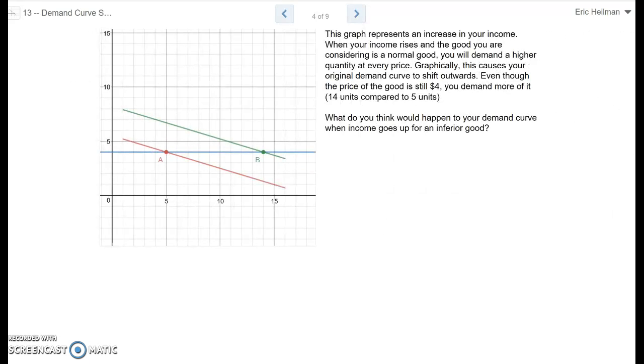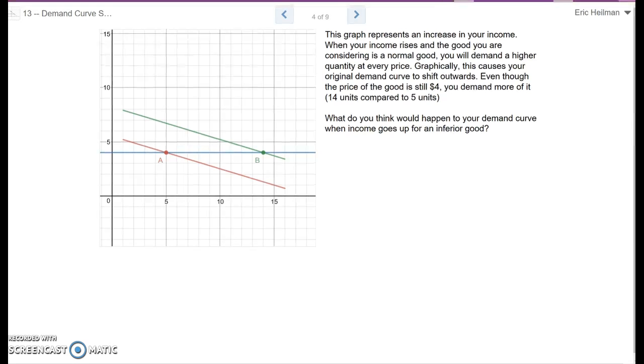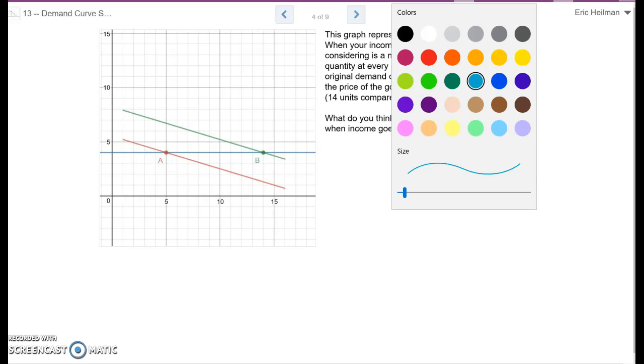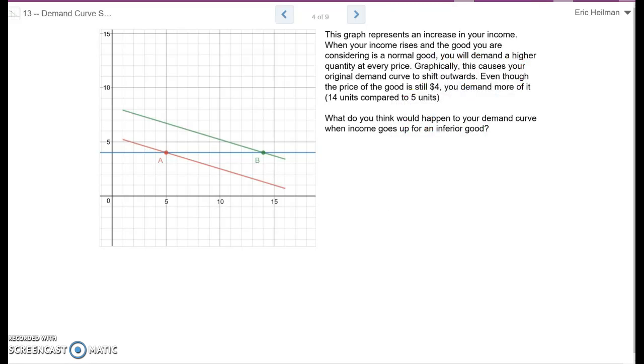Okay, so here is a graph of what happens when your income changes. So we start with the red demand curve. So initially we're at point A. The price of, did I say what good it is in here? Nope, we didn't name the good. So how about it will be Elvis posters. So the price of Elvis posters is not going to change. It's going to be $4 at all times. And at my original income level, I demanded 5